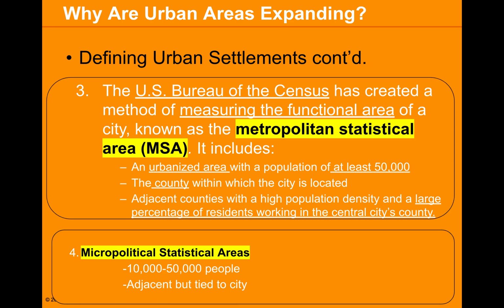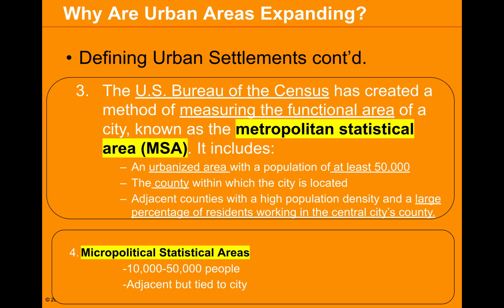And the largest percentage of people work in the central city. By definition, the U.S. Office of Management and Budget states that at least 50% of people work in the central city. That helps define the metropolitan statistical areas. The next is